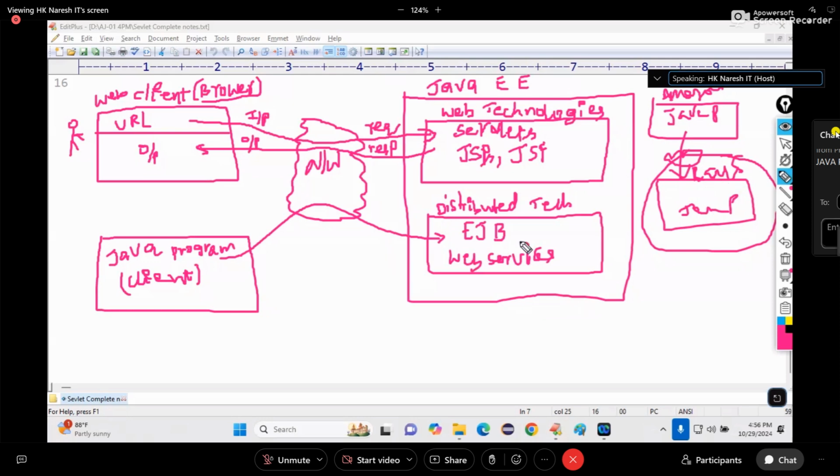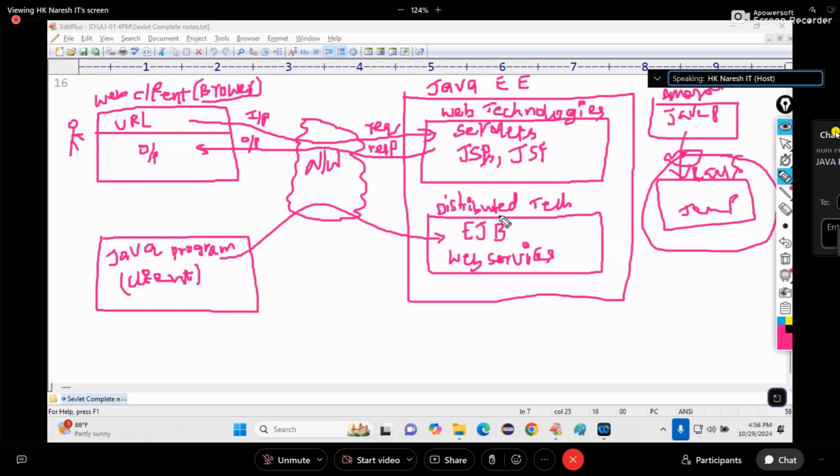Repeat once again. What is the difference between web technology or web application, and distributed technology and distributed application? Servlet is meant for developing web applications. EJB is meant for developing distributed applications. An application that can be accessed via network from a web client browser is called a web application or web technology.